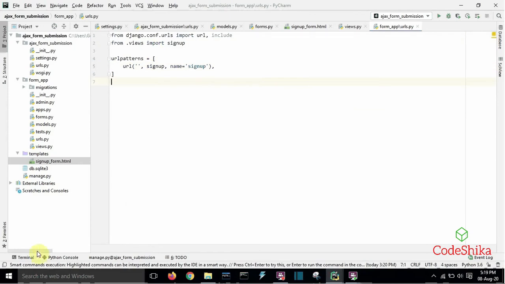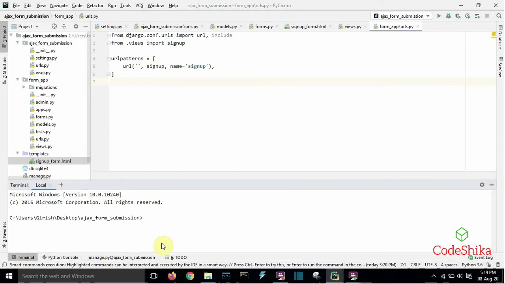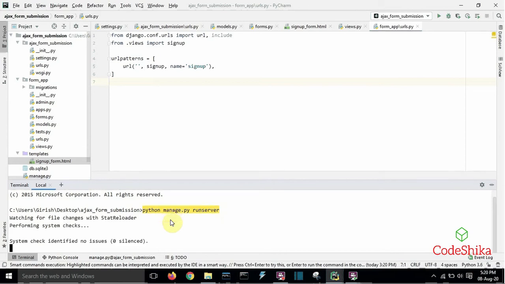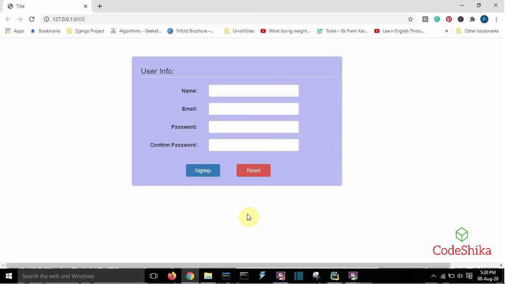Now let's run the server. python manage.py runserver. Here you can see our sign up form is displaying.